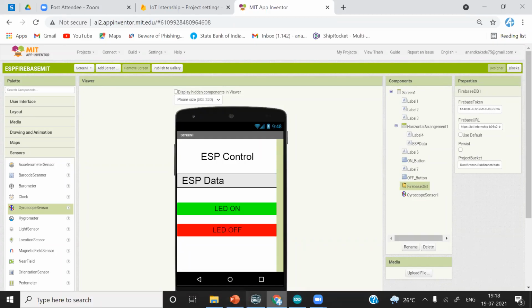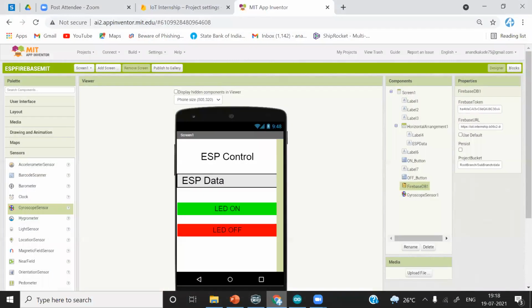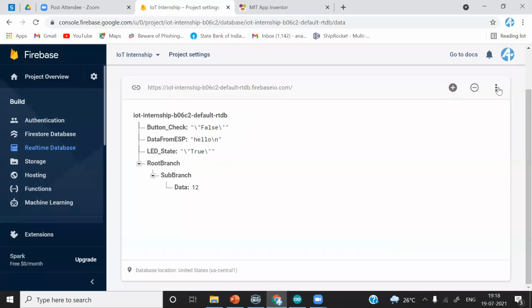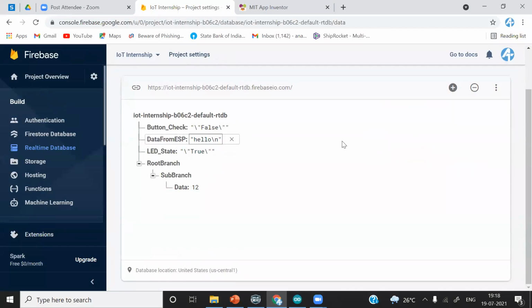Another method is in the real-time database, where there is one option to export JSON. Whatever the current data available, you can export it in JSON format and observe it. But only the data which is currently available can be exported; the previous values will not be available. So that is the reason I recommend the first method if you want to observe previous data also. And there are other platforms like Adafruit.io, and there is another one, I forgot the name. So you can observe and store the real-time values there also.